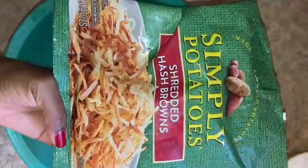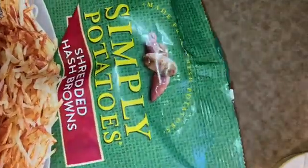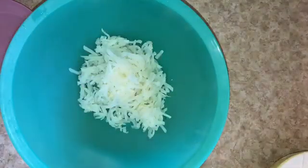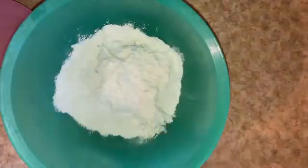Okay, so I have the mashed potatoes already prepared, and I need now grated potatoes, 1.5 cups. I'm just gonna make it easy on myself and use these shredded hash browns because they're made from 100% fresh potatoes. So I'm gonna toss in my grated potatoes, my 1 cup of all-purpose flour,